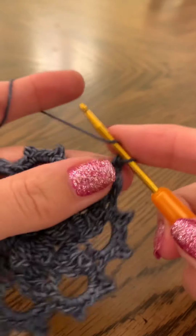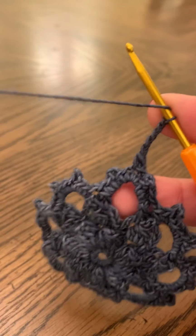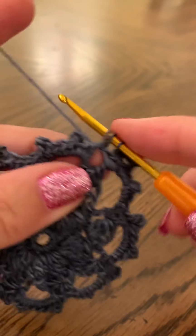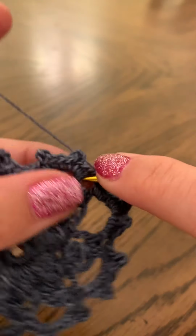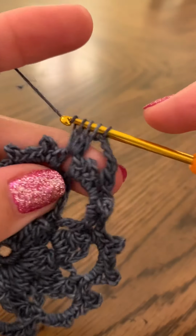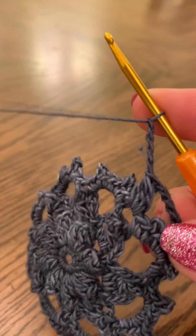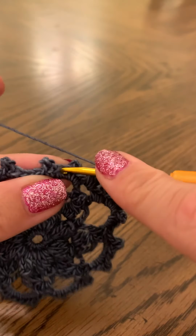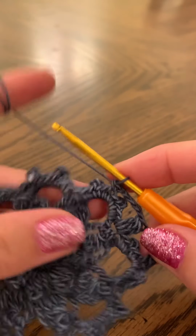chain 5, three double crochet cluster into the next chain 1 space. So 1, 2, 3, chain 5, single crochet in the middle stitch between the 2 picots here, chain 5 again,